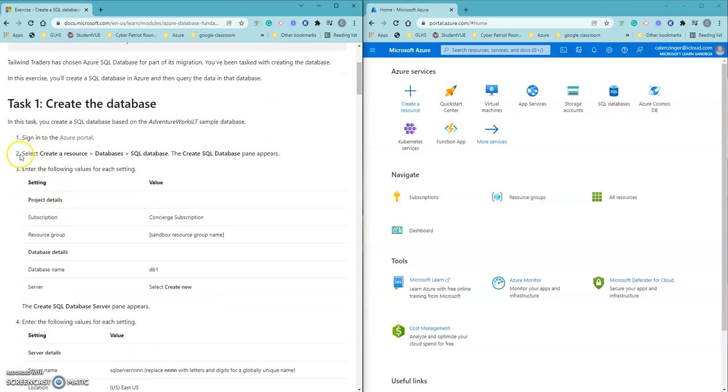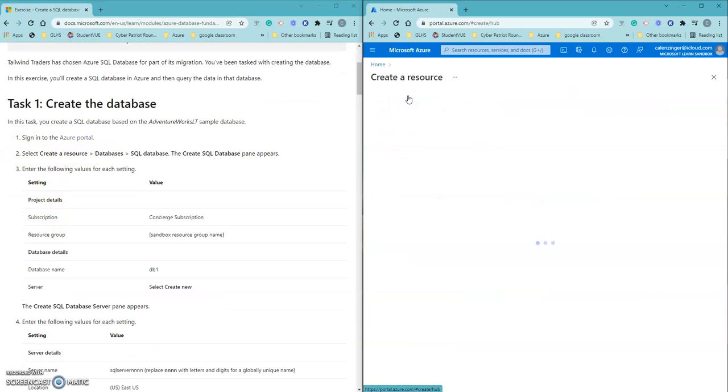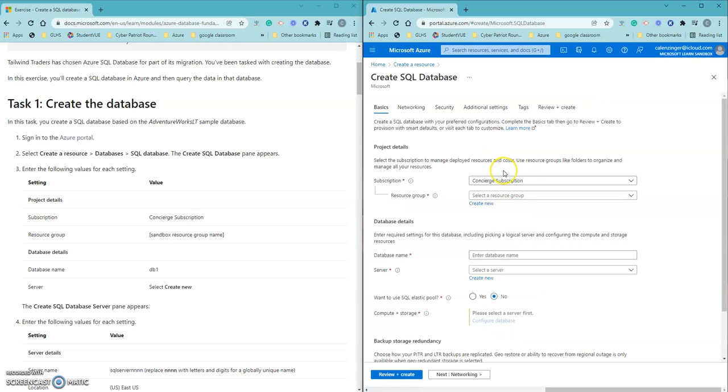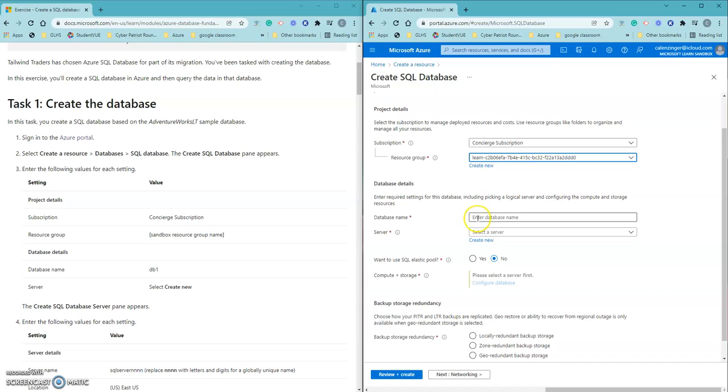So as you can see, first step, create a resource. Go down to database, an SQL database right here. So create. And then to see the subscriptions we need this resource group. That's going to be it. We can enter the database name. We'll call it DB1,